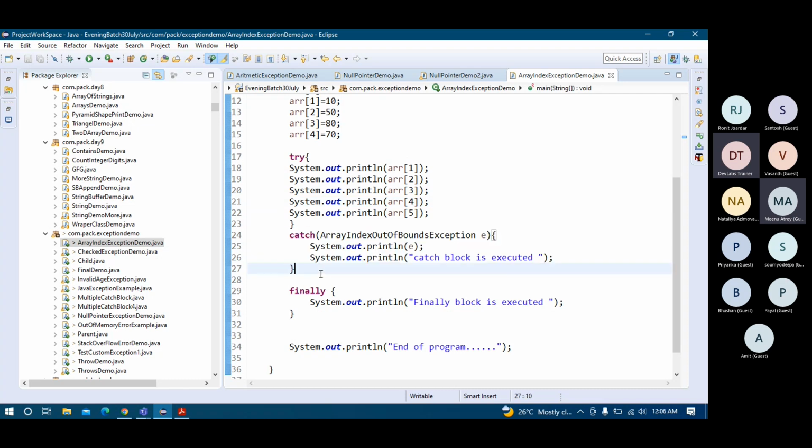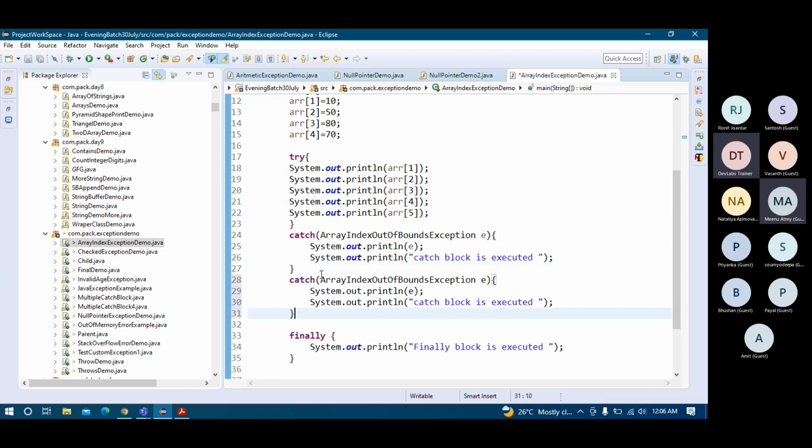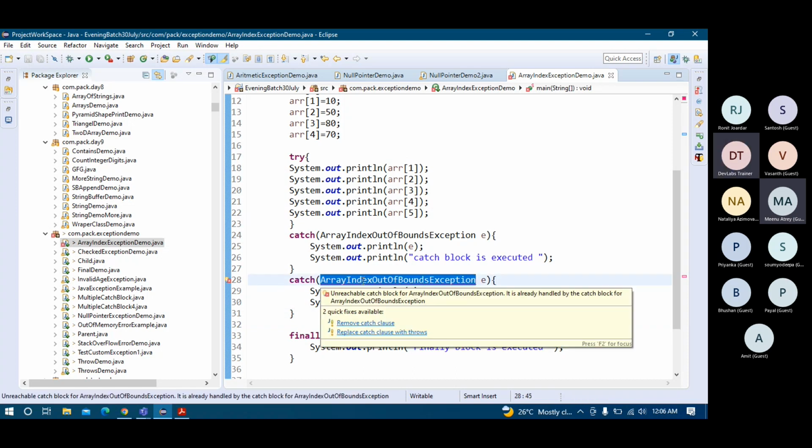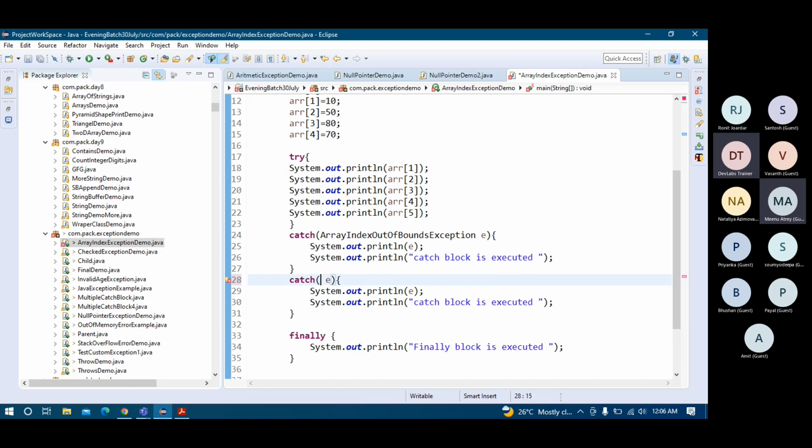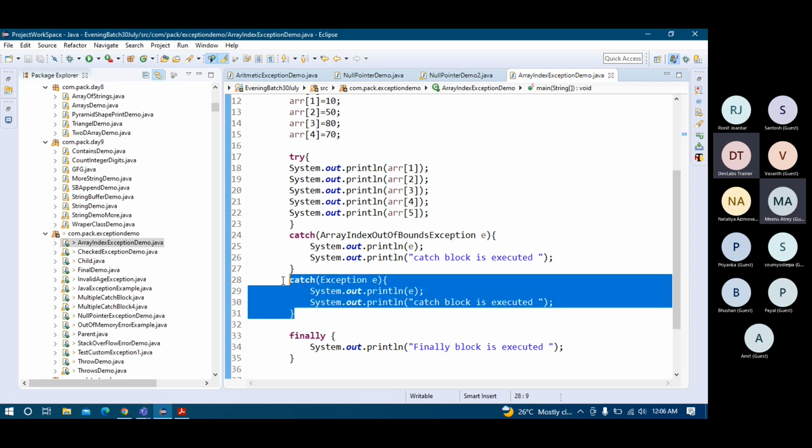There is an exception hierarchy. The parent class should be at the bottom, and if two exceptions are not related to each other, you can put them in any order. But if we have a parent exception, then you always put that exception downward. So let me show you that example. I put Exception here. Then it is okay, meaning there is no compilation error. But if I put this on the top,